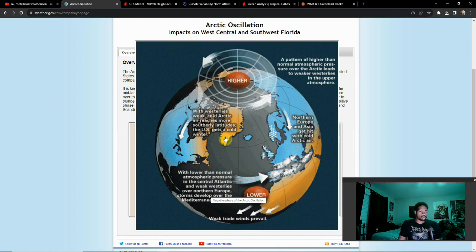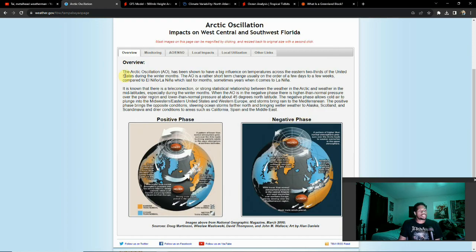But as a whole here, towards Greenland, we can also deal with warmer than average temperatures, maybe a slightly drier time frame for when this phase happens. Another thing to make note of with this as well is that these phases change pretty frequently with the Arctic Oscillation and the NAO as well. So as a whole here, you could literally go through a forecast model and watch these two change.